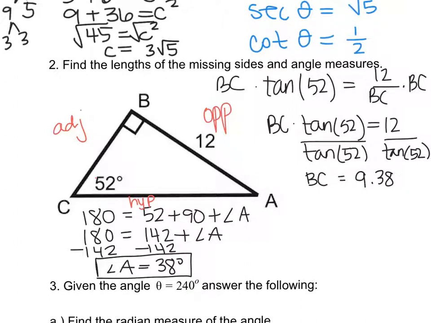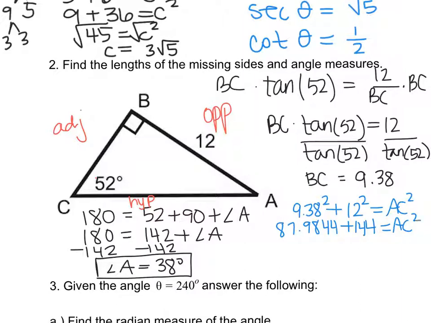So we know our legs are now 9.38 and 12. So 9.38 squared plus 12 squared is going to equal AC squared. 9.38 squared is 87.9844 plus 12 squared, which is 144, equals AC squared. 87.9844 plus 144 is 231.9844, which equals AC squared. Take the square root of both sides, and AC equals